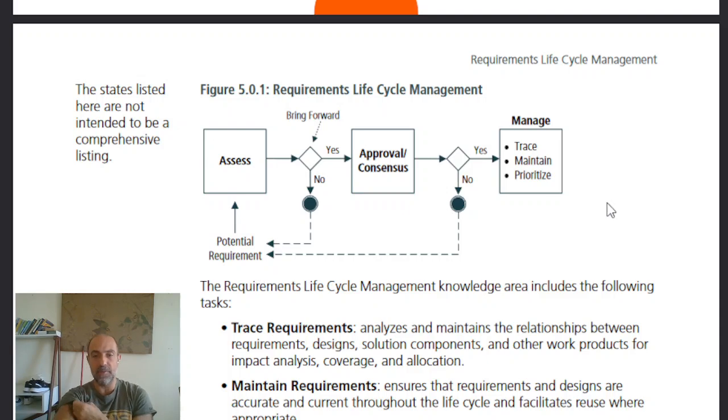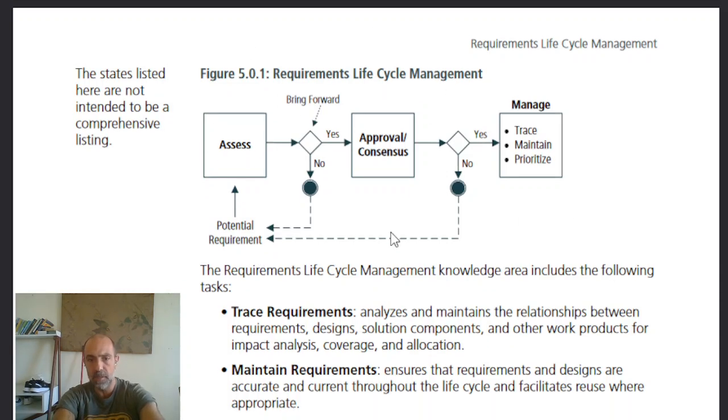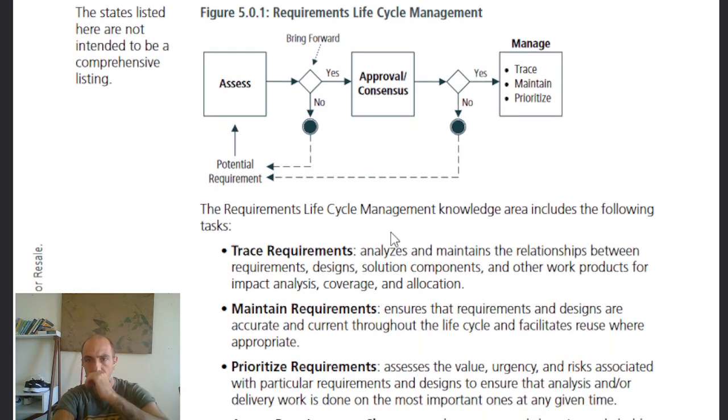So here, this chart, if anyone doesn't know what this chart is, I forgot the name, but I'll search for it in a bit. Anyways, the life cycle management is assessment, approval, consensus, and basically train, maintain, managing. So in the assessment part, all you have to do is create some form of plan, have some form of opinion, and if it's brought forward,